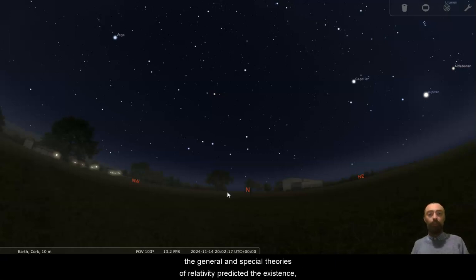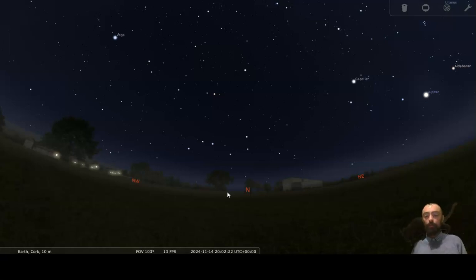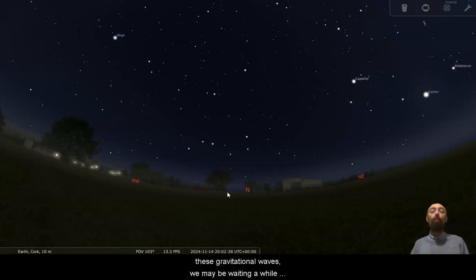The general and special theories of relativity predicted the existence of gravitational waves, and 100 years later, the LIGO interferometer finally measured these gravitational waves.